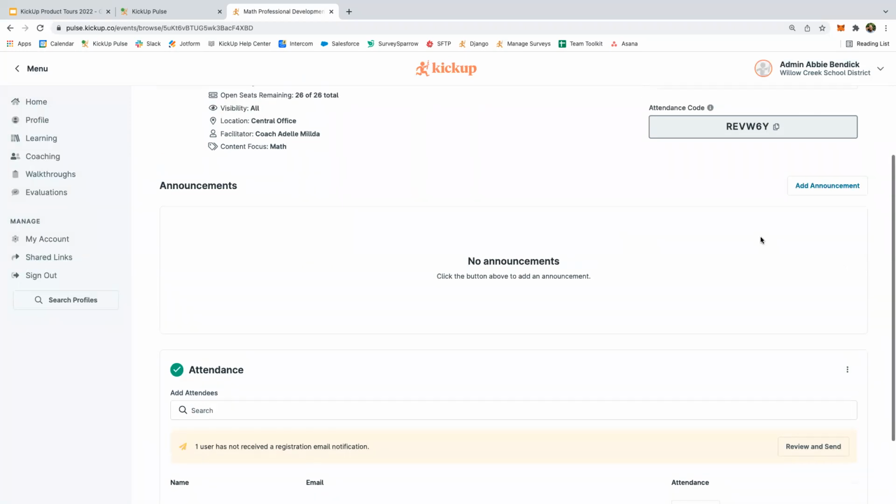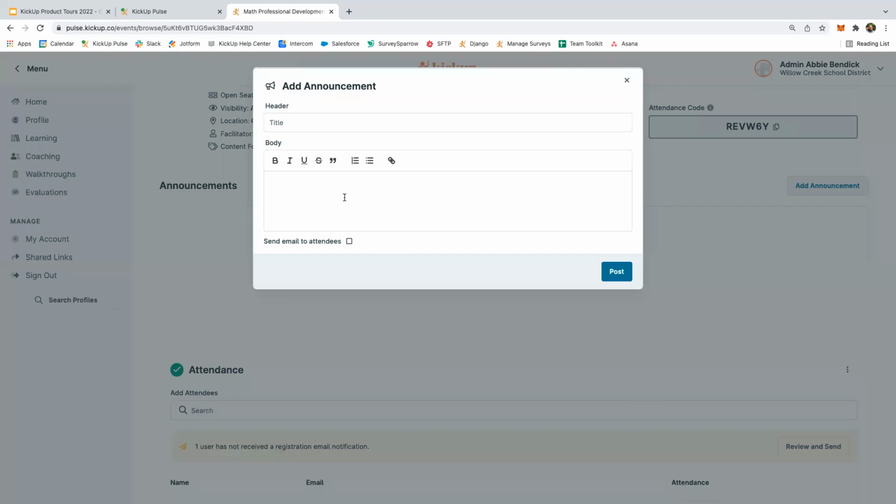I also just want to highlight, and I know we don't have a ton of time left, but I want to quickly show this is our announcement feature. It's just a quick way to send an announcement to the folks that are registered. So maybe there's something that's changed prior to the event happening. You just want to remind them of a pre-reading, a resource that they need to go through before they attend,